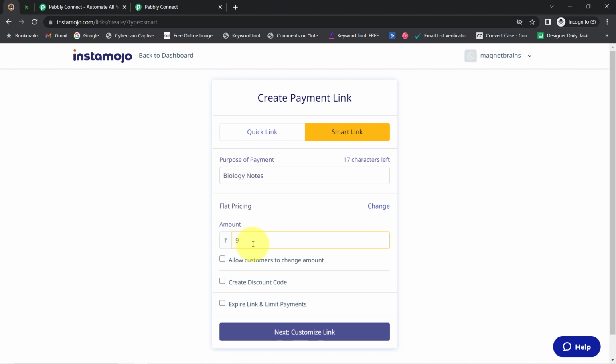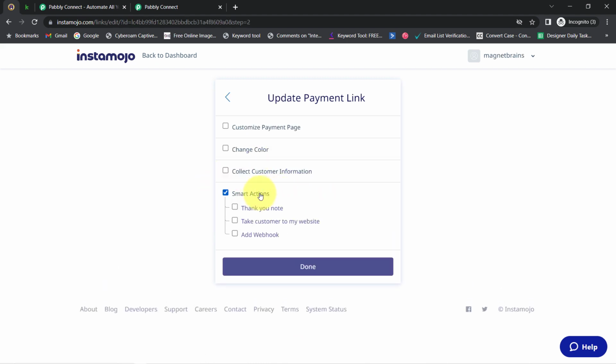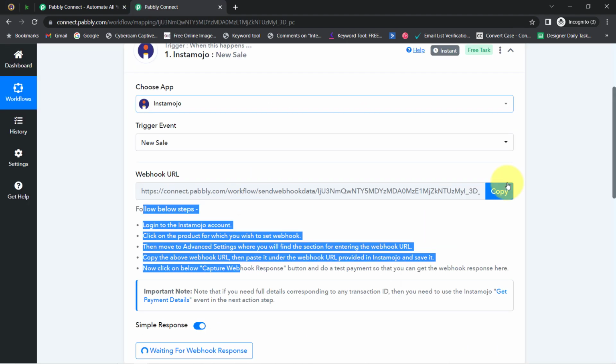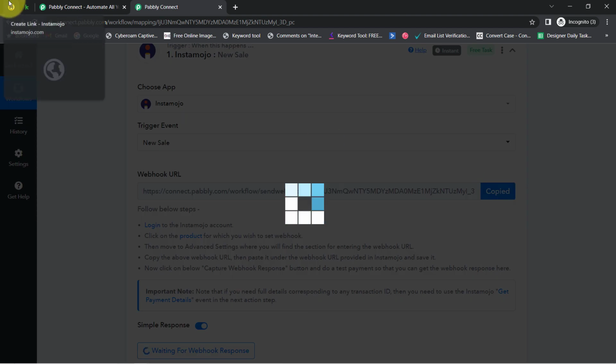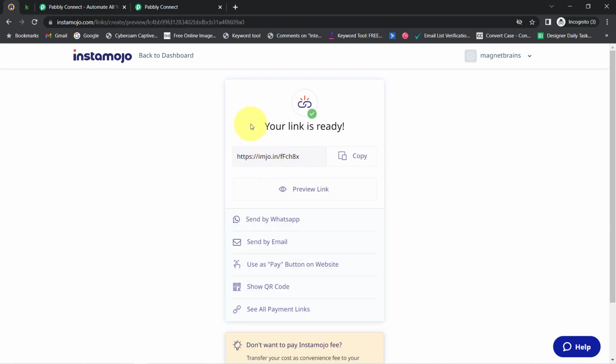Why 9 rupees? Because I'll have to make a real payment in order to make this transaction successful, so I have provided a small amount. Now click on next, customize link, and simply click on the smart action, and here we are going to paste the same webhook URL which we received via Pabbly Connect. I have copied it. Let me paste it here and click on done, and this is how the connection between Instamojo and Pabbly